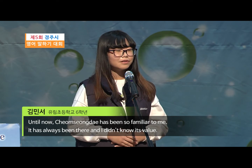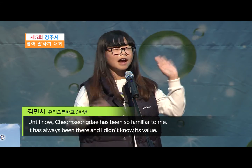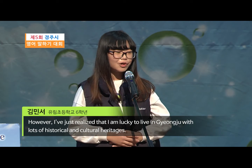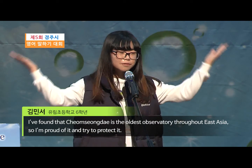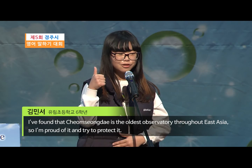Until now, Cheomseongdae has been so familiar to me. It has always been there and I didn't know its value. However, I've just realized that I'm lucky to live in Gyeongju with lots of historical and cultural heritages. I found that Cheomseongdae is the oldest observatory throughout East Asia, so I'm proud of it and try to protect